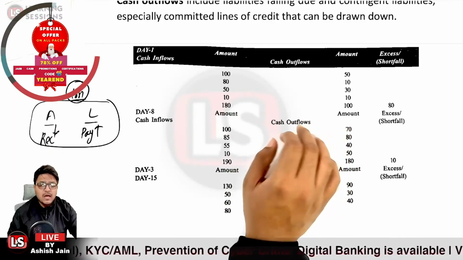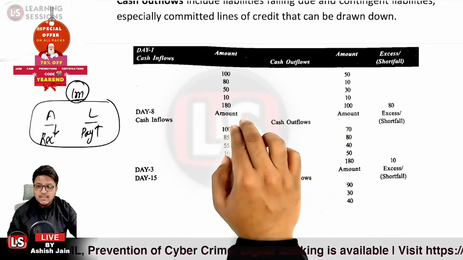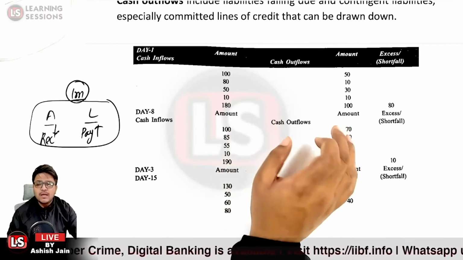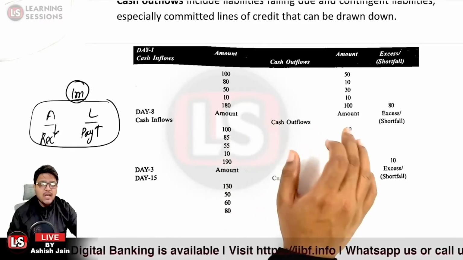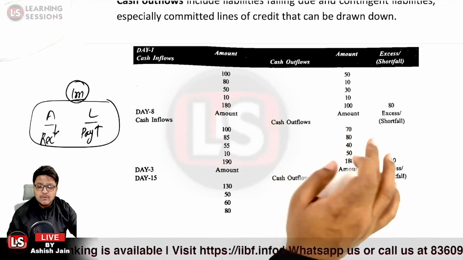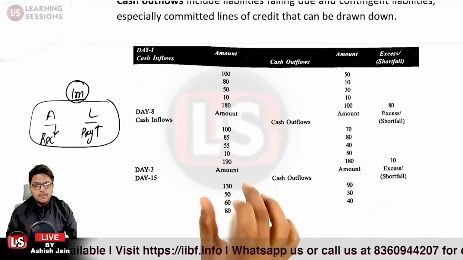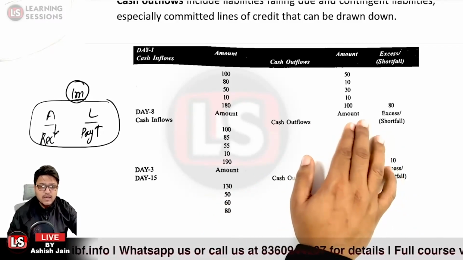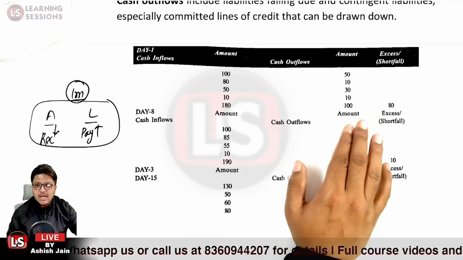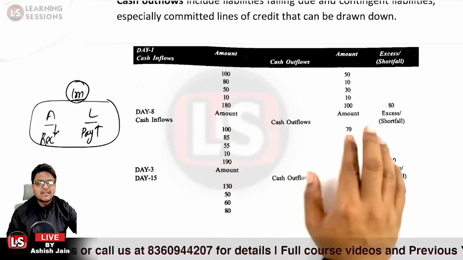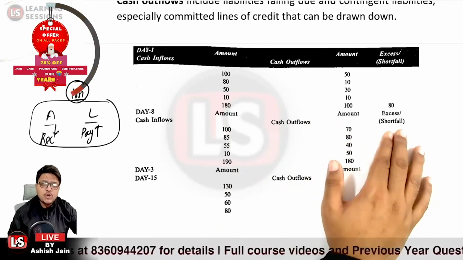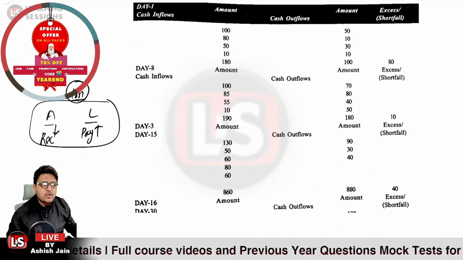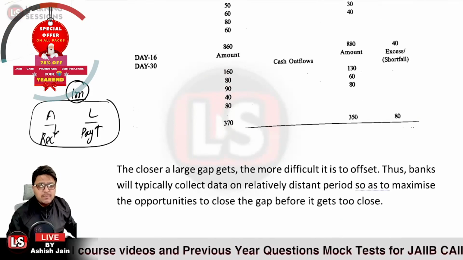So we are looking at whether the assets amount, that is the inflows amount, is greater than the liabilities amount. In that case, we will have an excess, which is a positive gap. And further, if the liabilities are more, as in the case of the first example over here, where your liabilities are more than the assets, we have a shortfall. So that is related to the maturity ladder. That is just an example related to it.